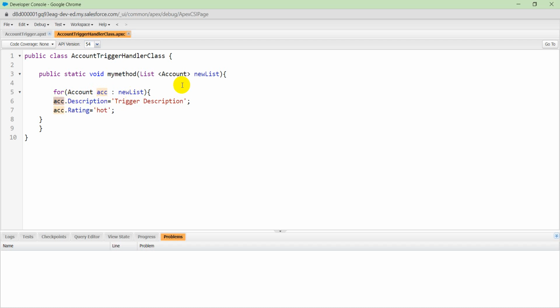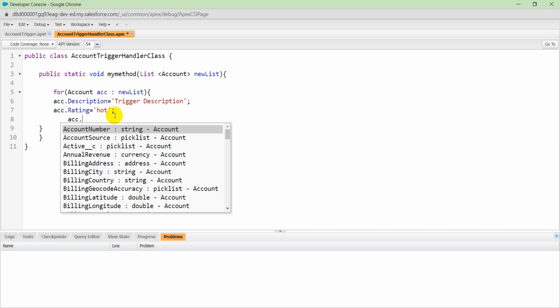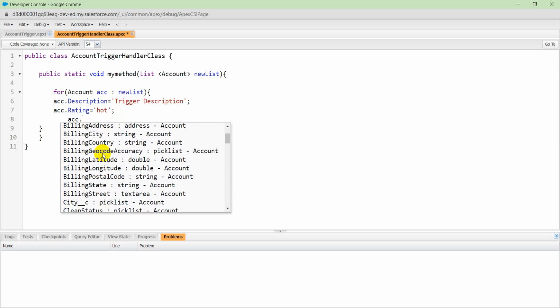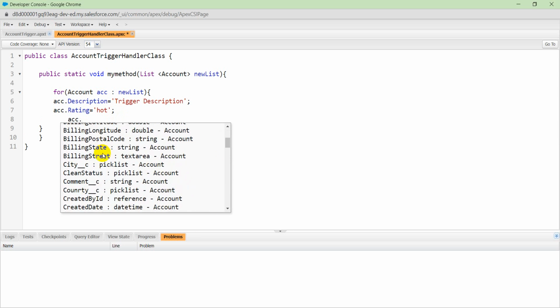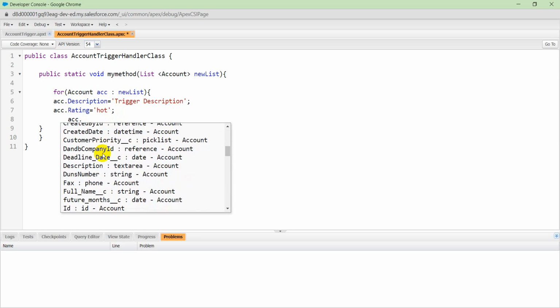It means when we are creating a new account, the description should be trigger description, and then acc rating will be hot. With that you can write as many fields as you want. Which other fields do we have in account? You see, let's say annual revenue, active picklist, and then if you are sure, then create